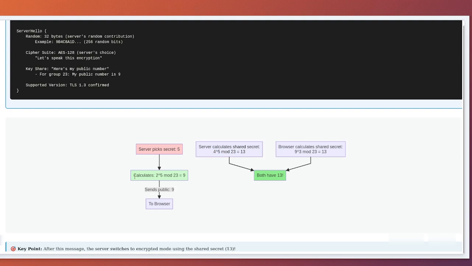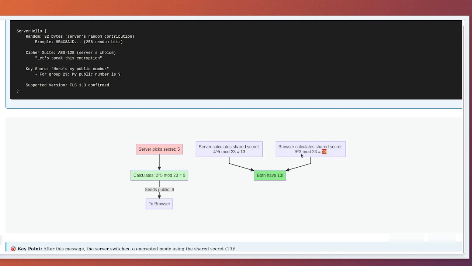Now watch this. The server takes the client's public number, 4, and raises it to its secret power. 4 to the power of 5 modulo 23 equals 13. Meanwhile, the client will take the server's public number, 9, and raise it to its secret power. 9 to the power of 3 modulo 23 equals 13. They both get 13 without ever sharing their secret numbers.